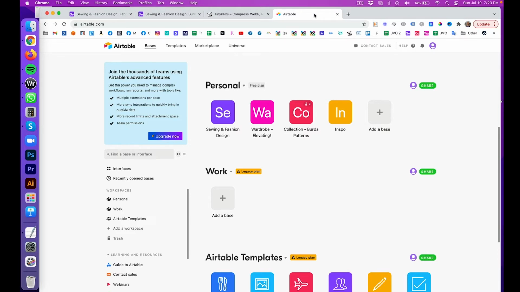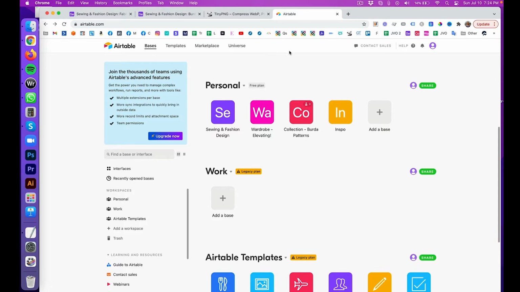Works on PC, works on Macs, works on Android, works on iOS. It doesn't matter what you have. The only thing that I would highly recommend is, when you're setting yourself up with this, when you're creating your own system and when you're inputting your data, that you use the computer over the phone, because it's just very tedious to do it over the phone. It's a tiny little screen, and you have to tap around a lot,